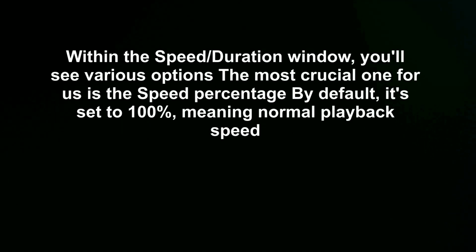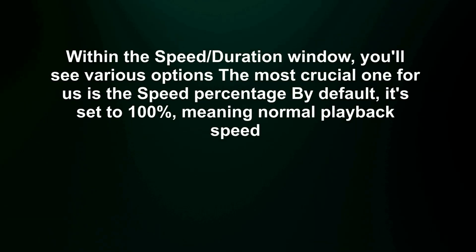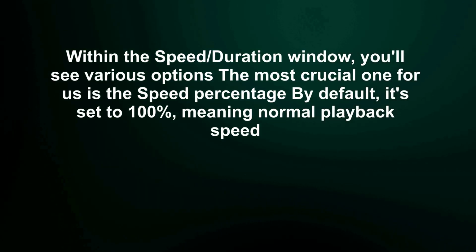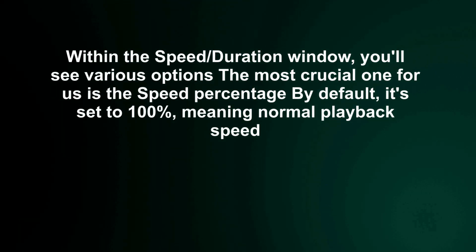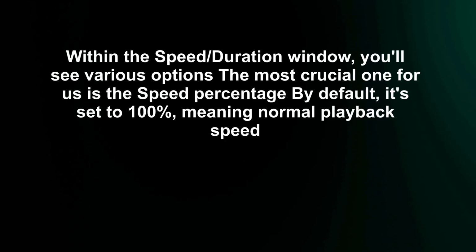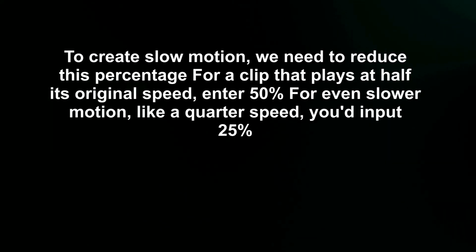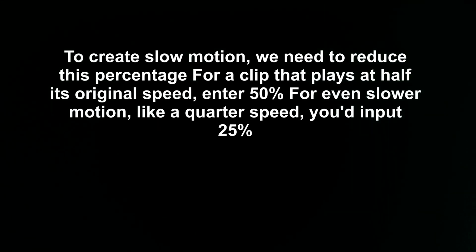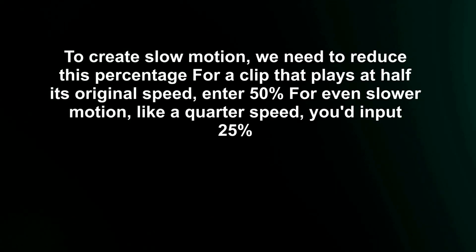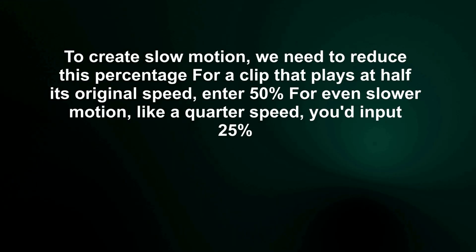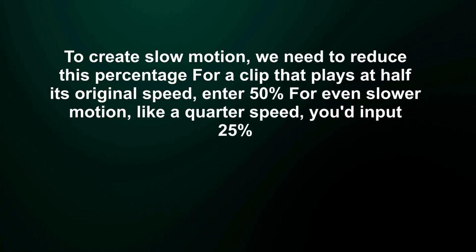Within the Speed/Duration window, you'll see various options. The most crucial one for us is the speed percentage. By default, it's set to 100%, meaning normal playback speed. To create slow motion, we need to reduce this percentage. For a clip that plays at half its original speed, enter 50%. For even slower motion, like a quarter speed,